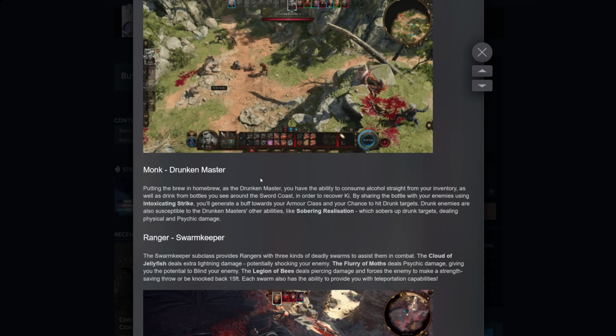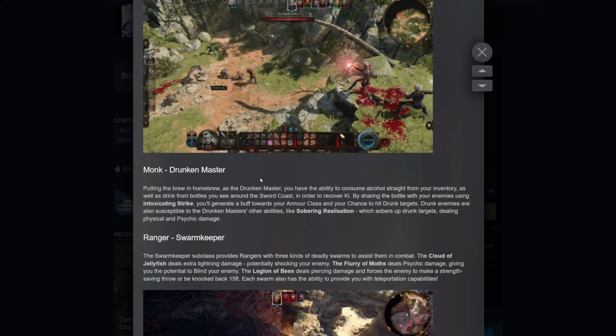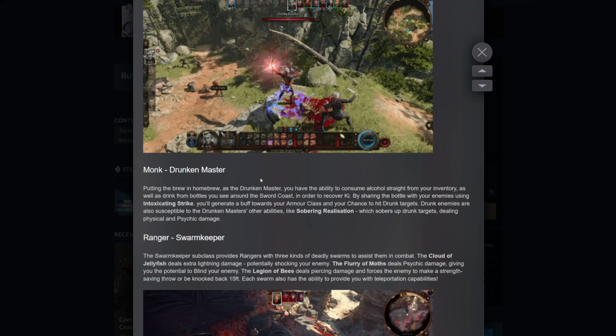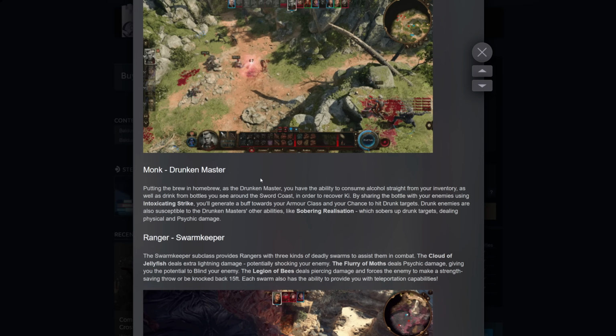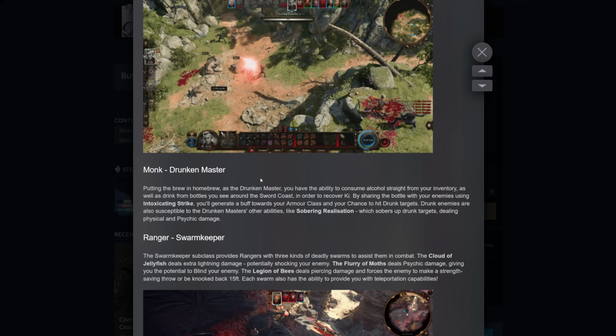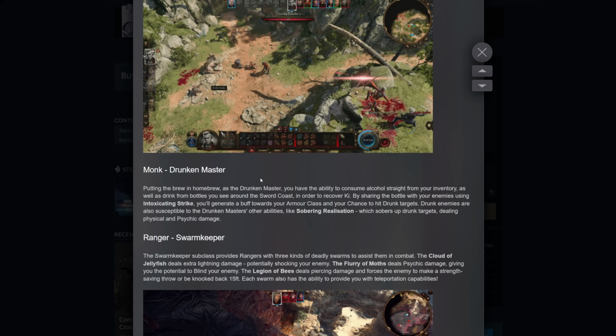Monks are getting the Drunken Master, which I think was originally supposed to be in Baldur's Gate before they decided to change it to the Shadow Monk, which I love Shadow Monks, so I'm certainly not sad about that, but I also really love seeing the Drunken Master in. There's so much alcohol in Baldur's Gate, it seems like a shame not to be able to use it, and there's a lot of items that care about drinking alcohol,